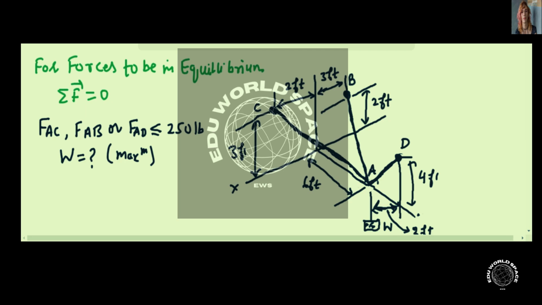This is the point A. I am marking the forces on the cable. This is the AC cable, so FAC. This is AB cable, FAB. And this is AD cable. And the weight will act here in this direction. Now we will write in vector form. The weight of the carrot can be written as W, minus K cap.